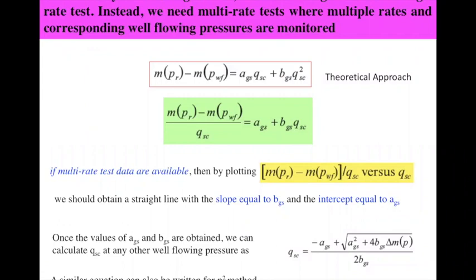So for calculating A and B both, you have to go for at least two data points from the reservoir. You have to have one value of PWF and Q, and another value of PWF and Q. Then only you can solve this equation for two different unknowns, right? Therefore, you have to do at least a 2-point test or 3-point test or 4-point test.